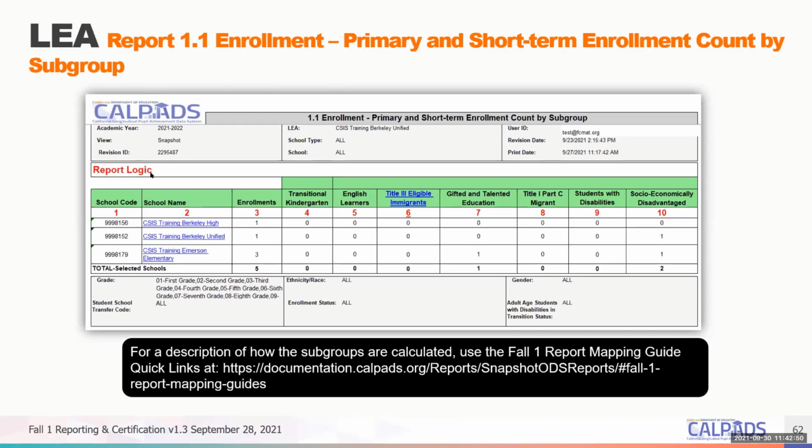But that's why you see report logic, and then you see these numbers in red. Typically, when you run a report in CalPADS, you won't have what we've added in the red here. That's just to help you dissect the report. On this particular report, you can see the different columns. You have your enrollment count. Again, this is as of Census Day. So if you look at it on November 5th and students have come and gone, what you have on November 5th won't